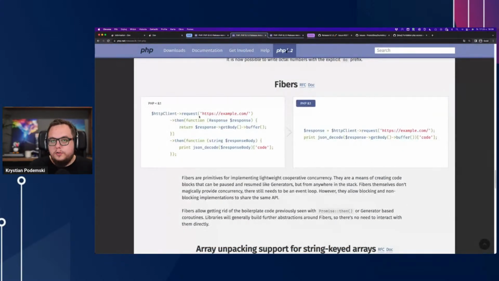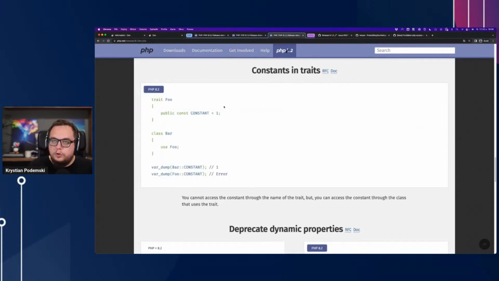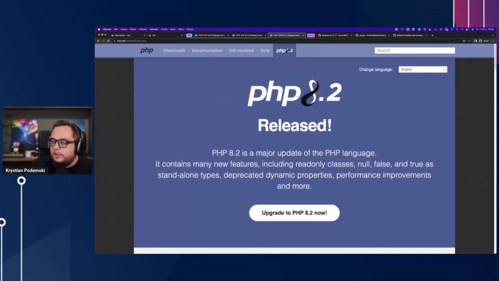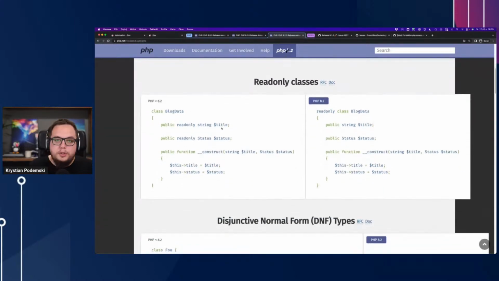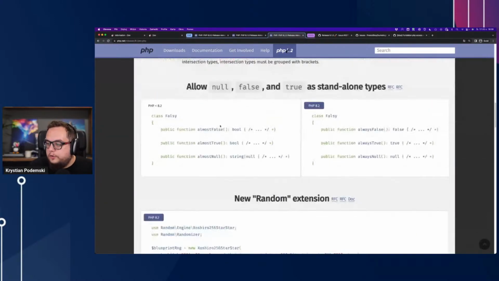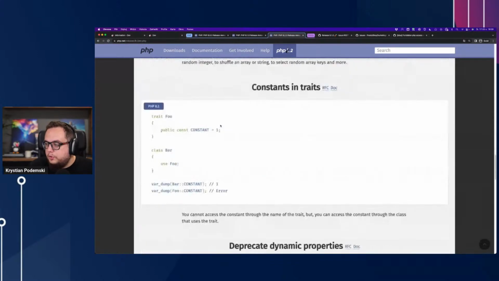And yet again, PrestaShop 9 will come with 8.1 as the minimum compatible version. So if you want to check what's new in PHP world, you can simply check PHP 8.0, 8.1, plus, of course, 8.2, which will be also a compatible version with PHP 9. And when it comes to PHP 8.2, there will be a few additions like read-only classes or some other features like constants in traits, which is quite